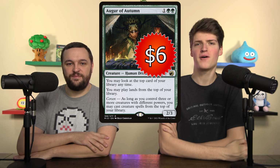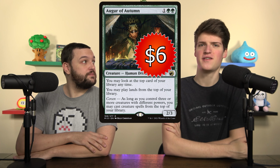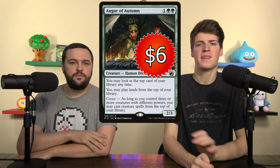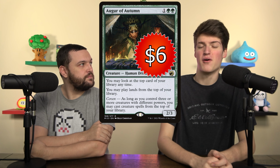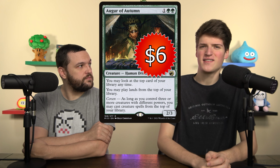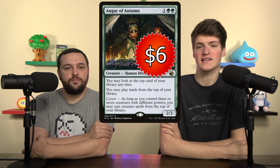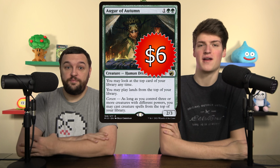All right, user Smlev suggests Augur of Autumn at $6. Augur of Autumn lets you look at your top card. You can always play it if it's a land, but if you have Coven, which is pretty easy to do, you can play creatures or lands off the top and kind of do a fair Bolas the Citadel where you actually have to pay for the magic cards you want. I have not really liked this card. I don't get the price tag hype for it. So for me, this is honestly a really easy no,